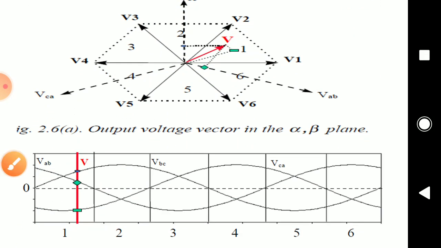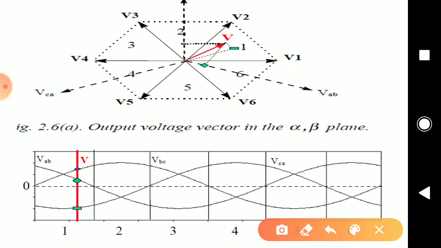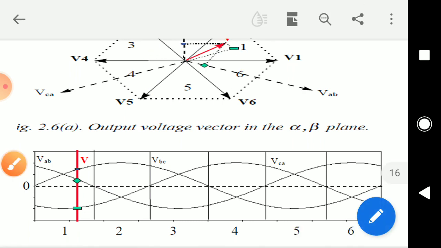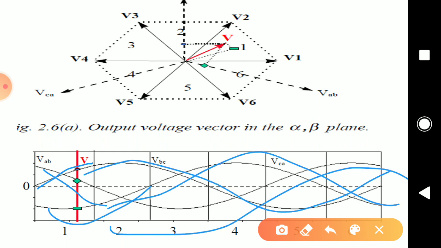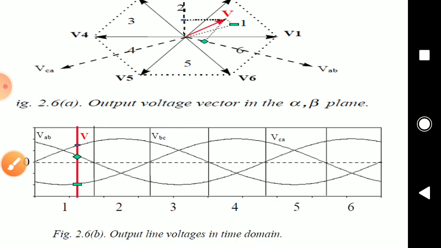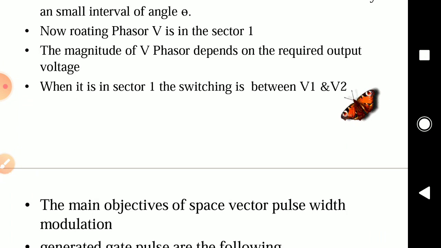I have already mentioned all of these portions. You have your phasor. You're going to rotate a vector V, and you're going to rotate it through this portion. As and when it rotates, you will be getting the output. All three voltages will be obtained, and you will be getting the complete three-phase output voltage. Now, these portions you can just read out, it has already been discussed.